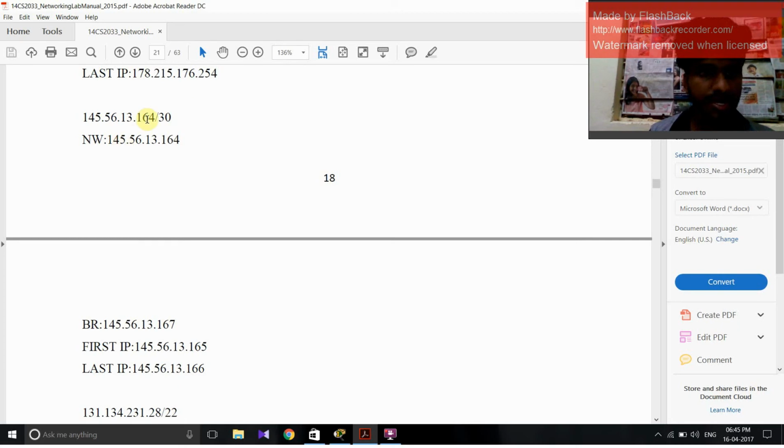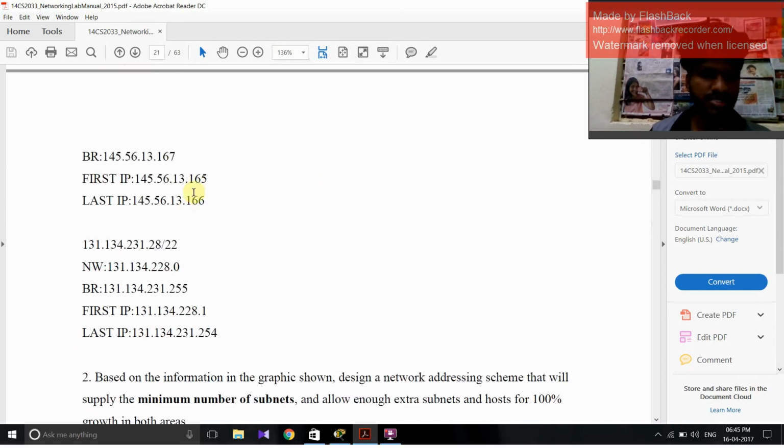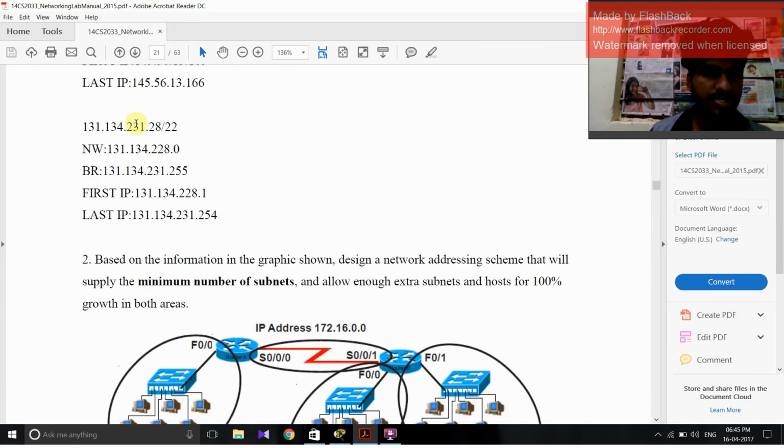So the first network address is where I borrowed 2 bits, so it shows 164, and the first IP address is 165 and the last IP address is 166, and another network IP address is given over here. From there I borrowed, and I'm going to show you the IP address. This is the IP address for that, and the first IP address is 2.1 and 254, which shows the fourth subnet of this, which occupies the whole thing as host